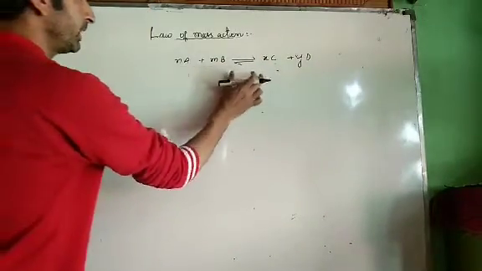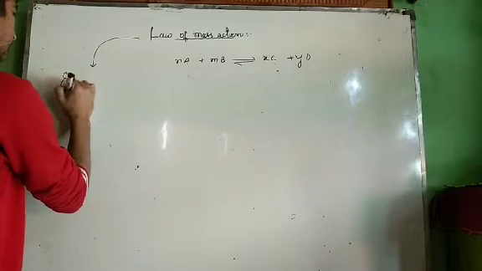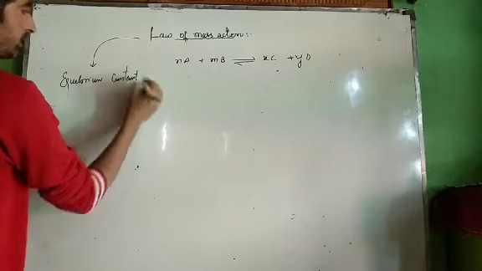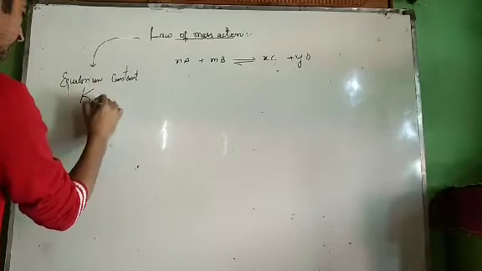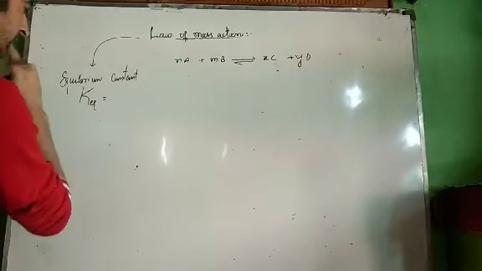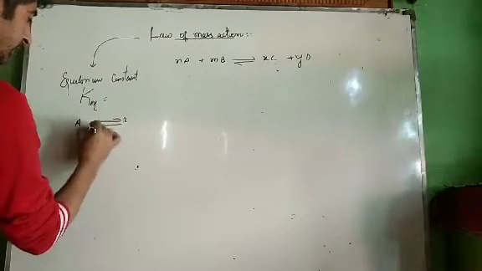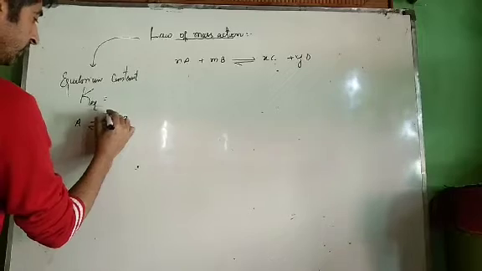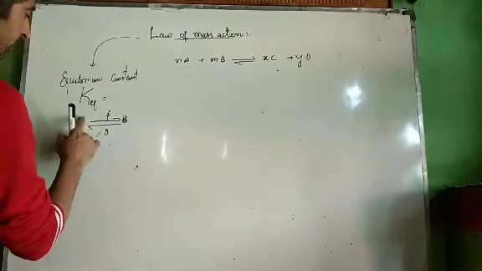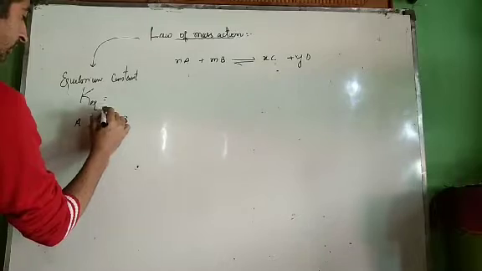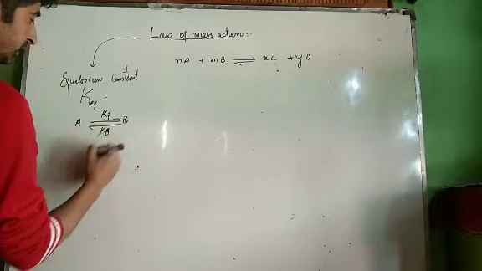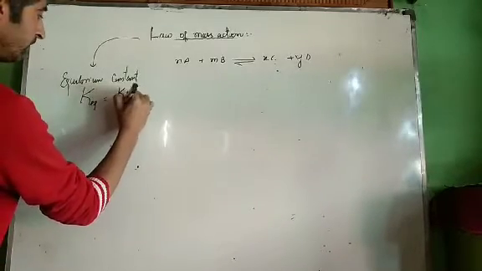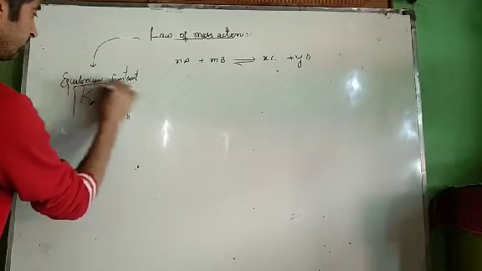Now for a reversible reaction we define another term that's called equilibrium constant. It is represented as KEQ. Since a reversible reaction A gives B and B gives A, it takes place in two possible pathways: in forward direction and in backward direction. For this forward reaction we can have rate constant Kf and we can have rate constant Kb. This equilibrium constant is equal to rate constant for forward reaction divided by rate constant for backward reaction.